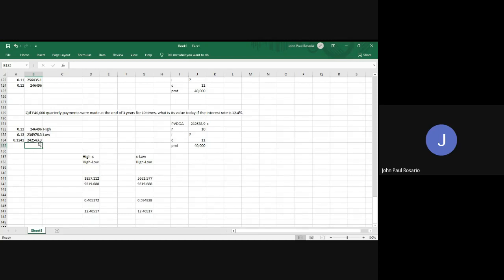Do we need to get a higher number or lower number? Guys. Hello? So 242,638 is higher than 543. So we need to go higher. Now, since we need to go higher sa atong present value, unsa atong buhaton sa atong interest rate? Higher, lower? Lower. Okay, so we lower this one, kay inverse ilang relationship to 12.40.